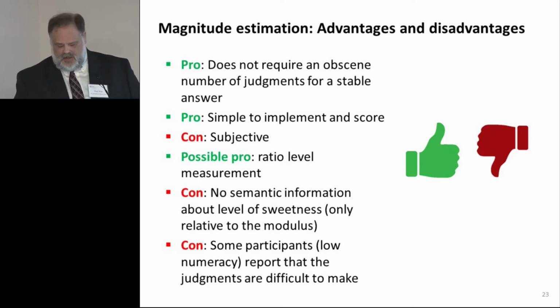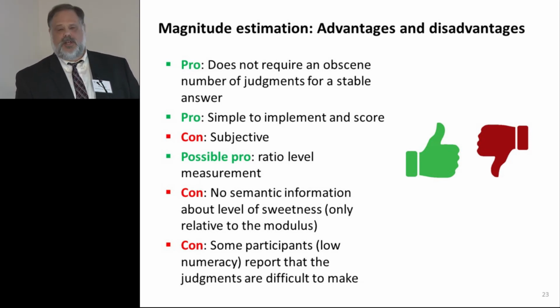So the data collection is much more rapid, and this is going to be in common with all of the direct or subjective techniques I'm going to discuss. It's simple to implement and score, that's again universal to all of these techniques. Subjective, for what that's worth, that's universal. Possible pro: ratio level measurement. You can believe that or not, if you're a Hatfield or a McCoy. But at any rate,